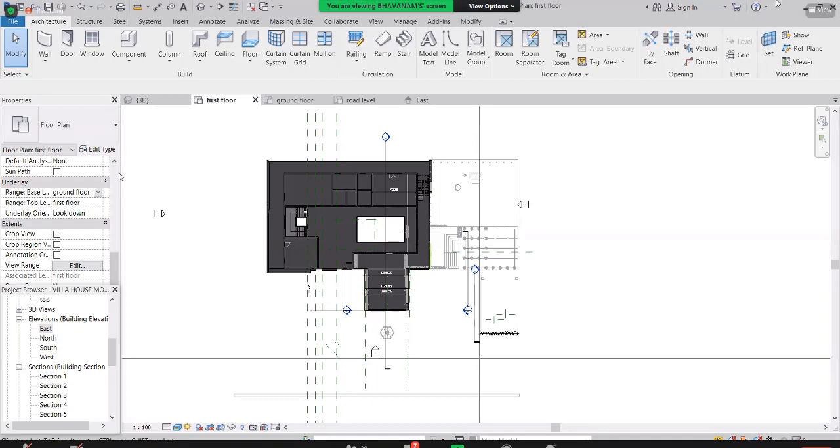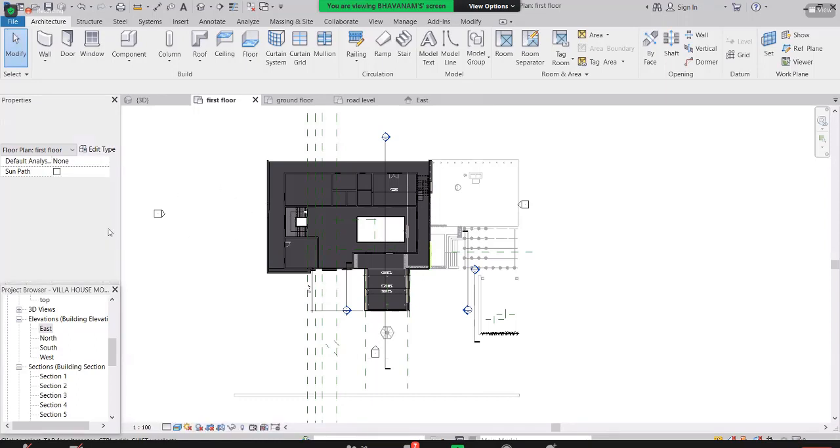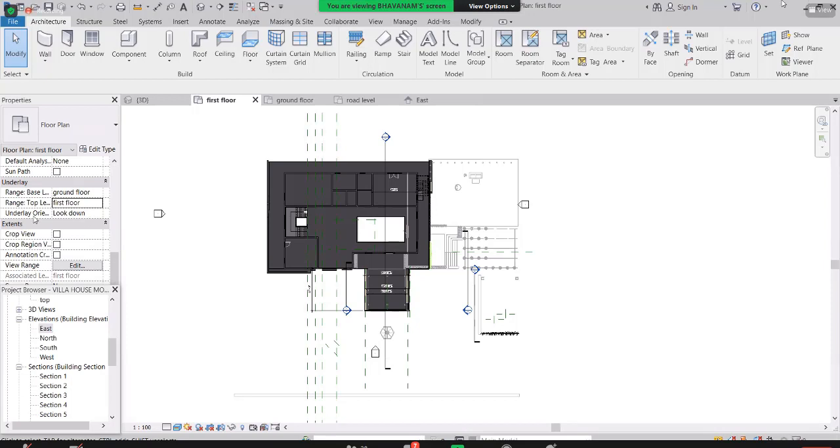See this: for the first floor, the base level is the ground floor and the top level is the first floor. If you make the top level the second floor, then it leads to the second floor, and all the walls and everything will go to the second floor. And here we make it look down, so you are seeing the downside. If you choose up, you are seeing the top side.